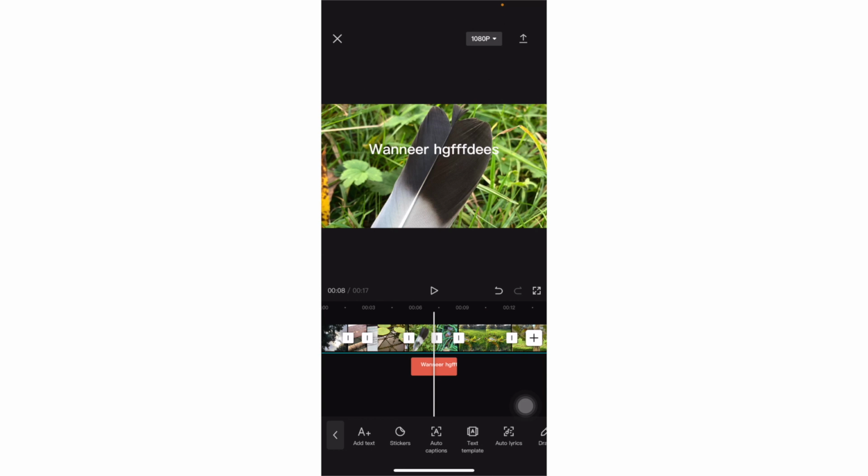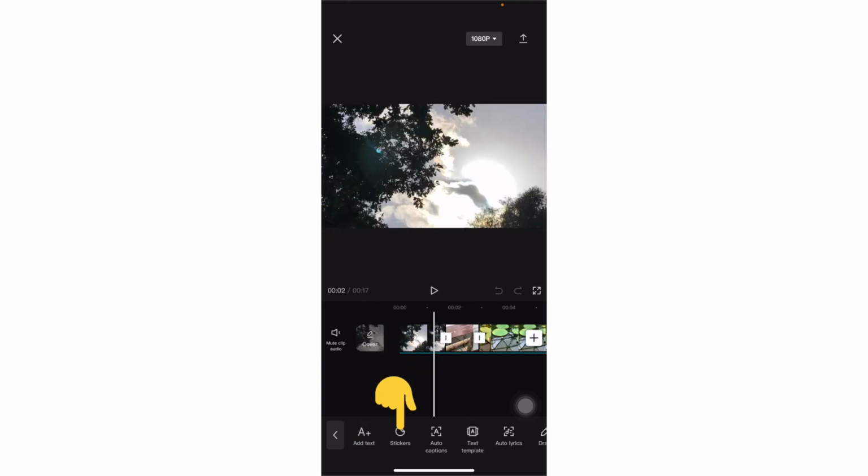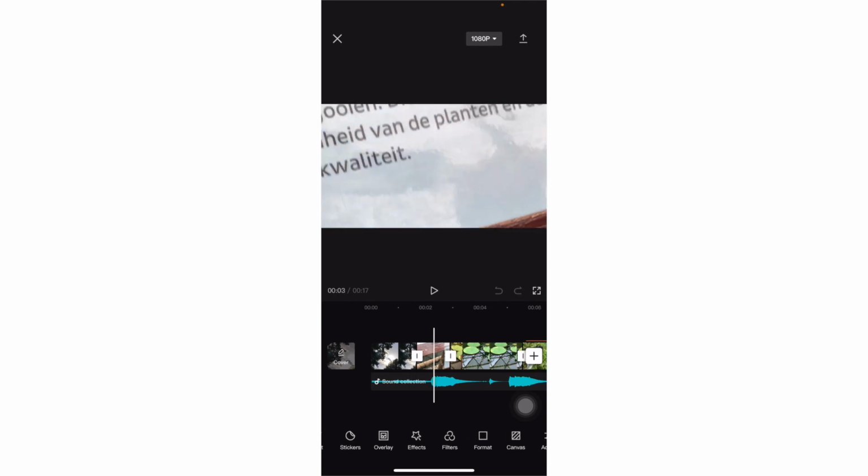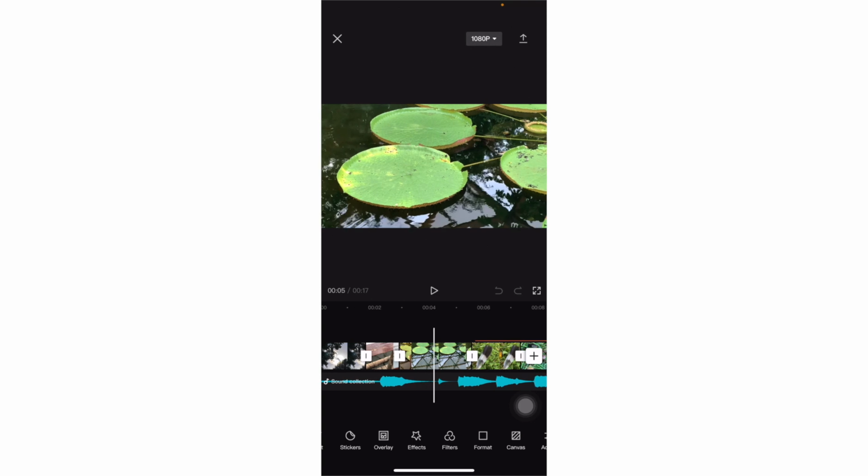If you're done, you press the little arrow in the corner at the bottom, and here you can also add some stickers and even automatic subtitling. I think that's very good of this app to do that. And of course there's lots of other stuff you can do, effects, filters, all the stuff that makes video editing more like playing.